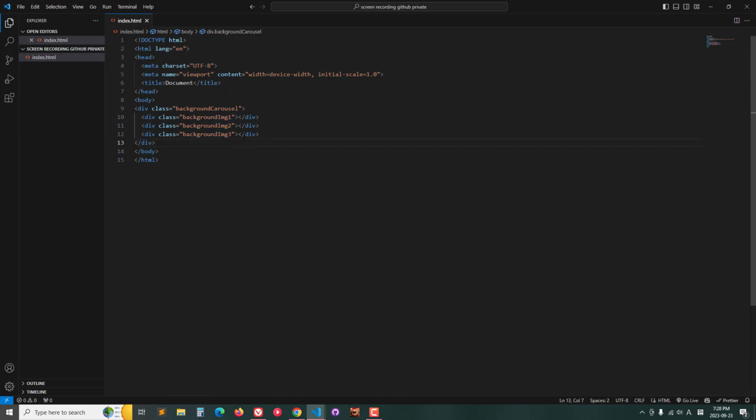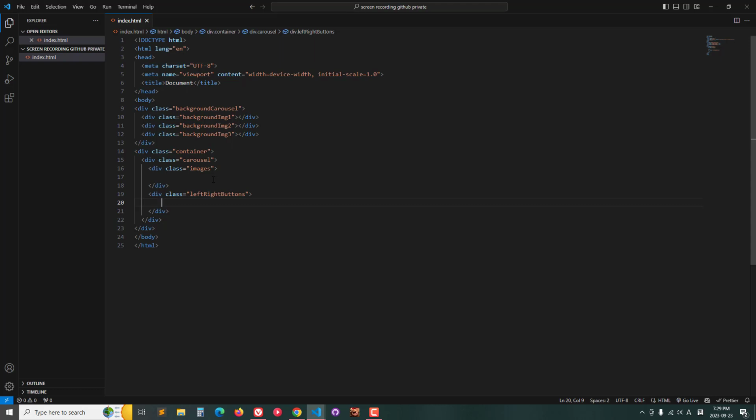Then we're going to create the container, and then the div containing the carousel. And inside we're going to create the images carousel and images div, and we have also the left and right button div. So left, right buttons div, and here we might as well just create this right here, left right button